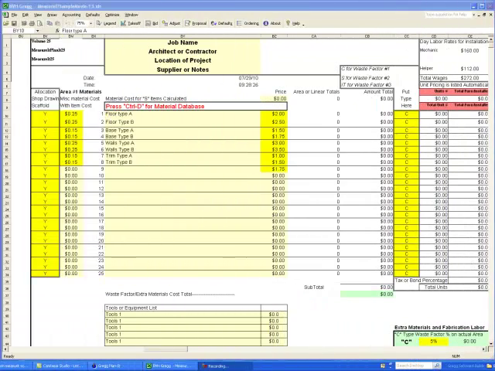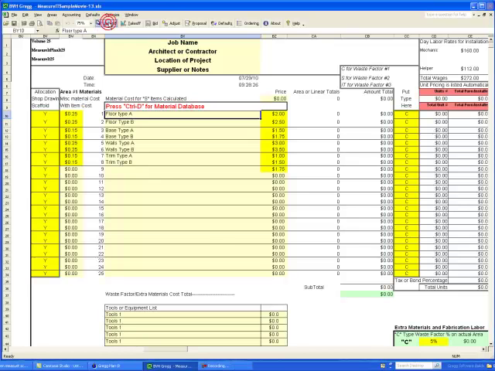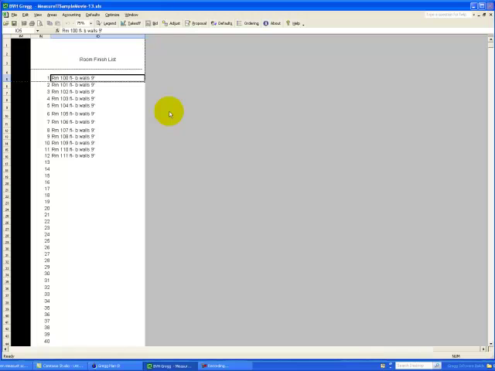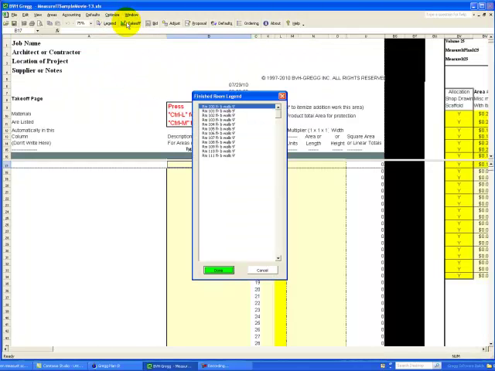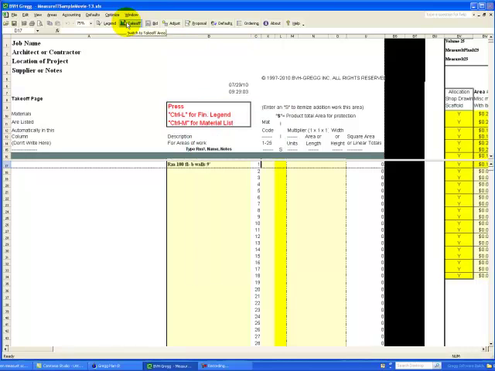To start any project, the user must know the material line items that are needed to measure. On the room finish schedule, I've placed a room list that I need to follow room by room from the legend. I then go to the takeoff page. I select Ctrl L to pull up the legend list I typed in, hit enter, and I'm ready to start